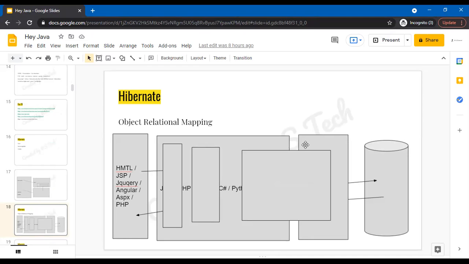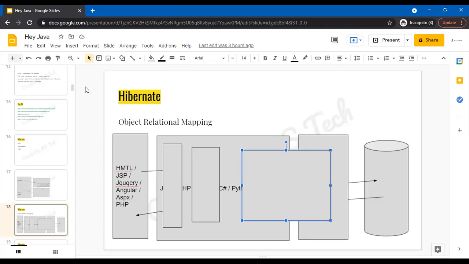So basically, this is a 3-tier architecture where UI layer, the application layer, and the database layer. The application layer I split into 2 sides, which is the DAO layer and the application layer. So this overlapping box which you see is the ORM layer, which is where Hibernate comes into the picture.